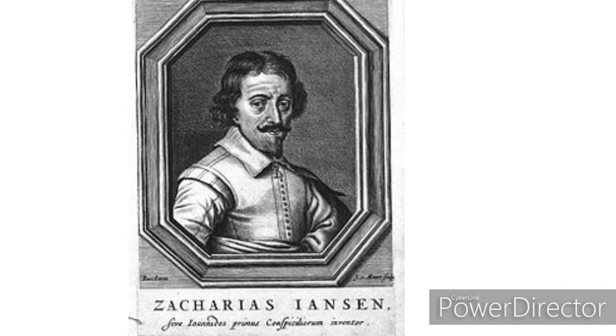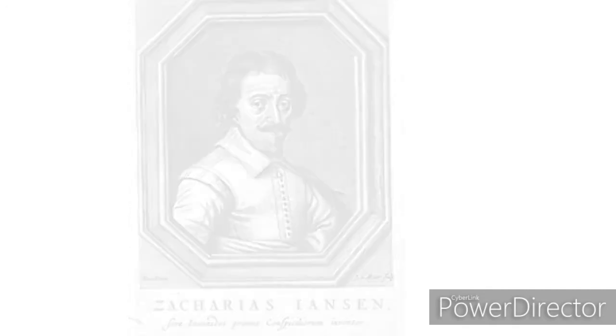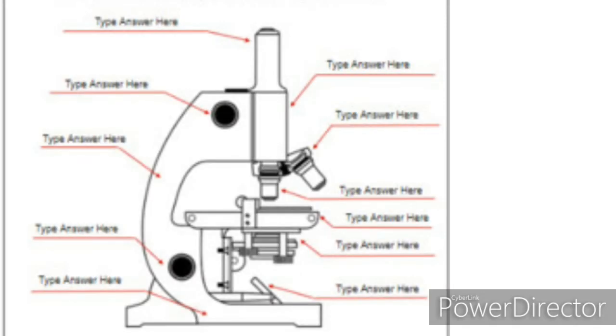And this compound microscope works with the help of light. One mirror will be there to focus light onto the specimen. Lenses will be there to magnify extremely small things into bigger ones. And this compound microscope will have one platform. On that, you have to keep one glass slide.